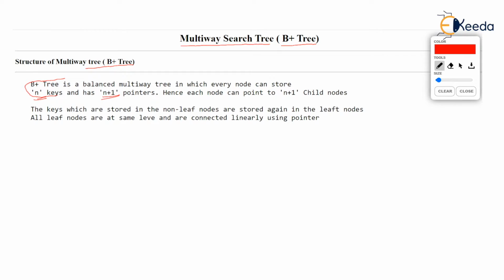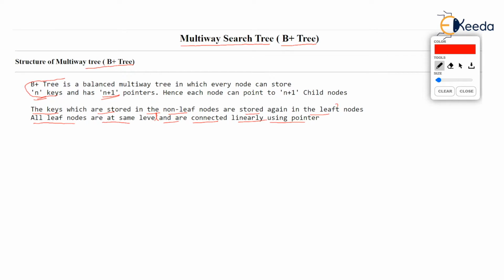And B plus tree also has all leaf nodes at the same level like B tree, and they are connected linearly using pointers. Also, one very important property of B plus tree is that the keys which are stored in the non-leaf nodes or internal nodes are stored again